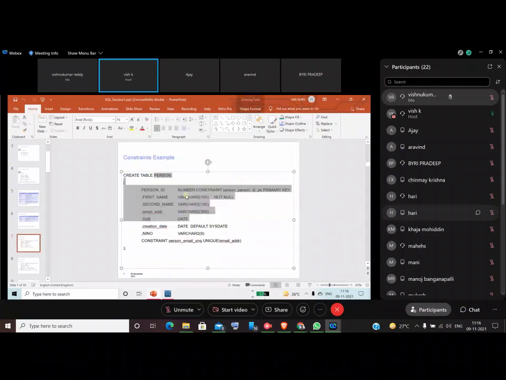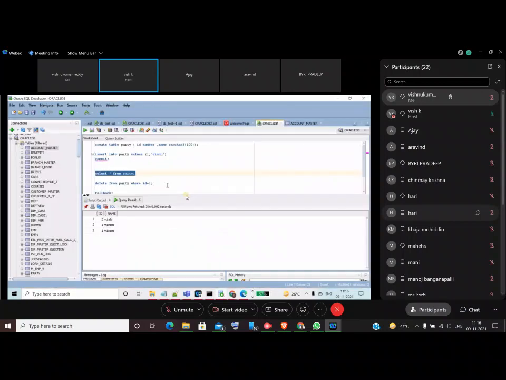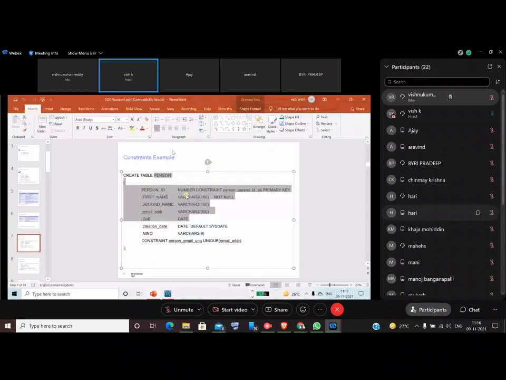Okay, so that is how to apply. You can see create table person. Previously I only created the columns and data types. I didn't include the constraints, right? So now you can include the constraints. For person ID, you use the keyword constraint, then the constraint name, then which constraint you are applying, primary key, like not null, and then date, default, and constraint name like this. All constraints you should apply.